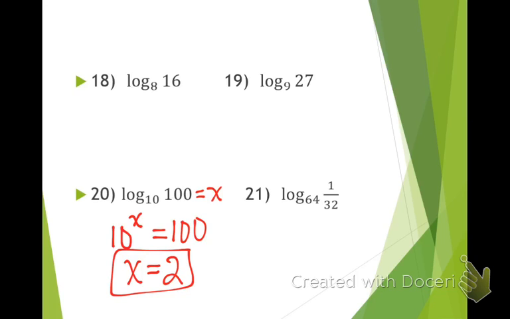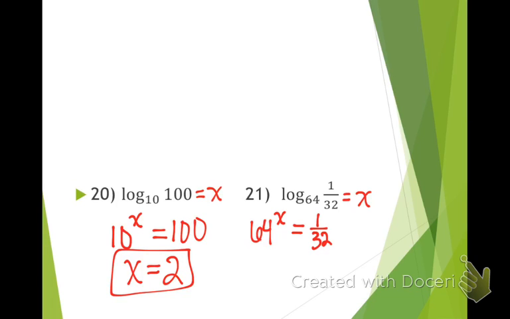21 is the hardest one we've seen so far, but we'll start setting it up the same way. What's my base? My exponent equals 1/32. Okay. Now, again, not really a great exponent that we know of that's going to help us out here. So instead, I know that 64 and 32 are both powers of what smaller number? 2. So I'm going to rewrite 64 as 2 to the